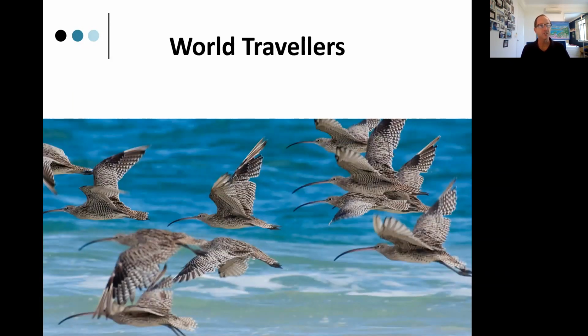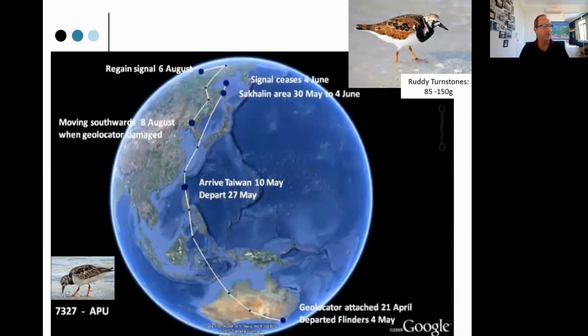The final example here that I wanted to share with you is the world travelers. Now, these guys can travel without the airlines, which is probably lucky, because who knows when we'll next get to get on a plane and travel outside Australia's borders. But these are the wader birds that travel extensively across the Earth's surface. So just to give you an example, here's this little guy here, 7327, and he departed Flinders on the 4th of May, they put a geolocator on him in April, departed from Flinders on the 4th of May, and